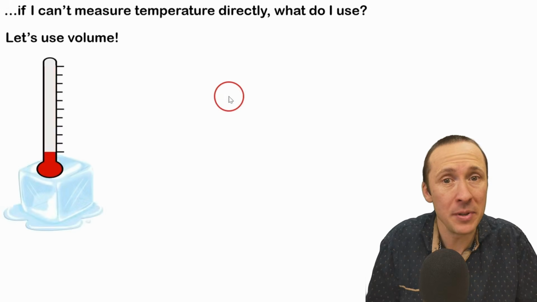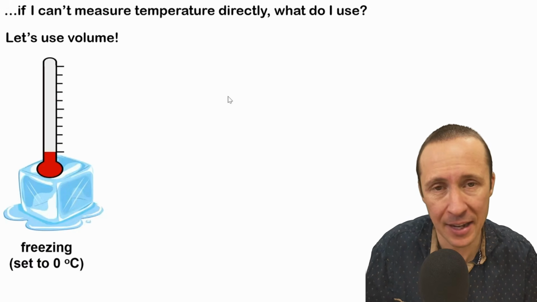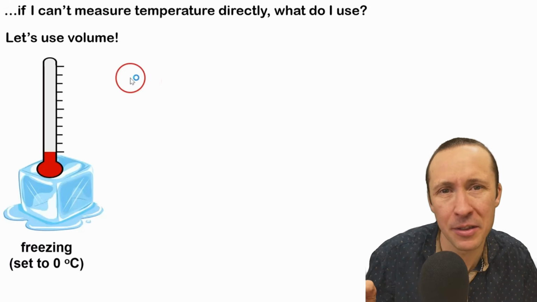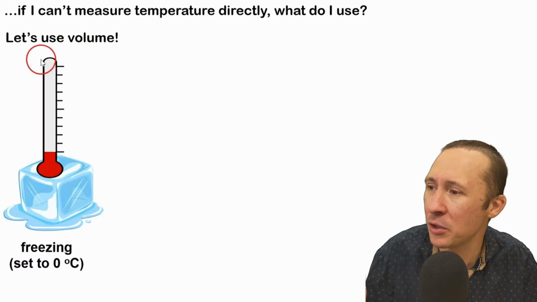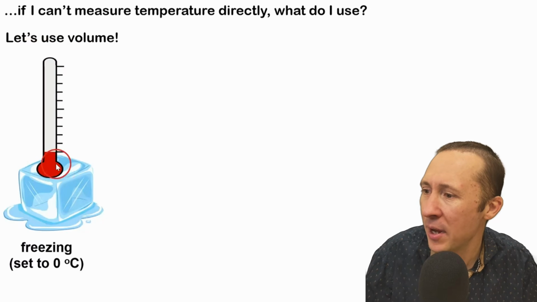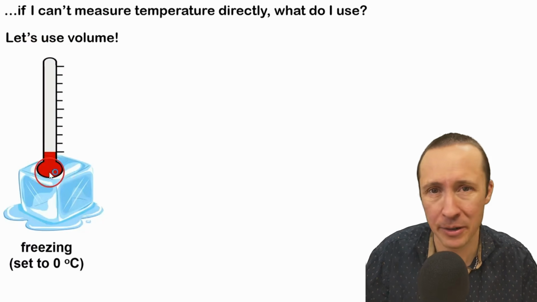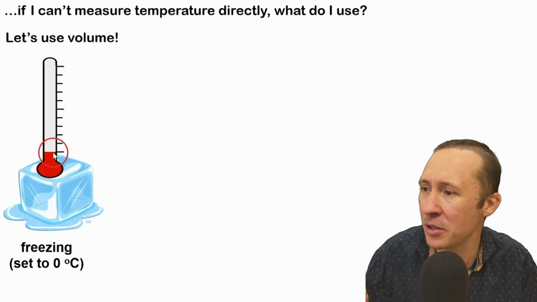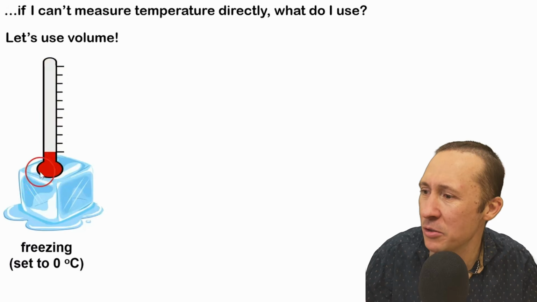Well, volume is really easy to measure. That was used back in the day. Many other things are used now, but we'll create our thermometer using volume. So we'll take this closed glass bulb with a liquid in it. Mercury was used back then, although now kerosene and many other liquids are also used, but it's evacuated so that there's only the